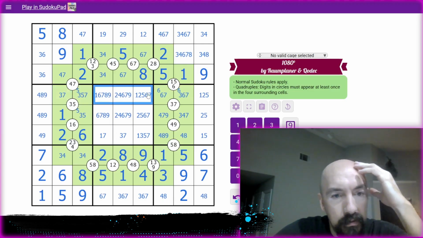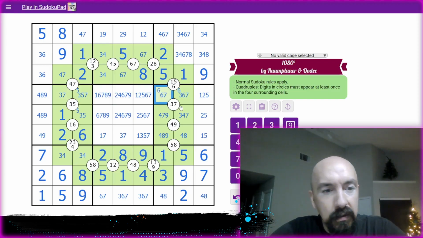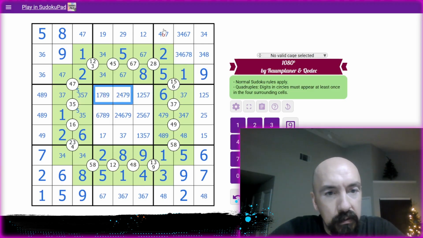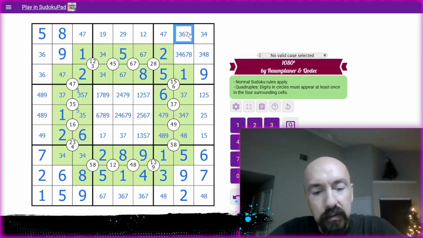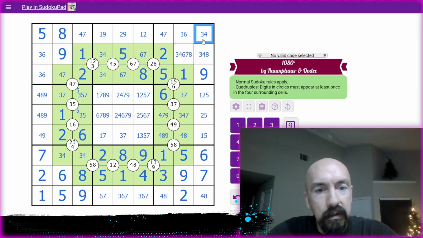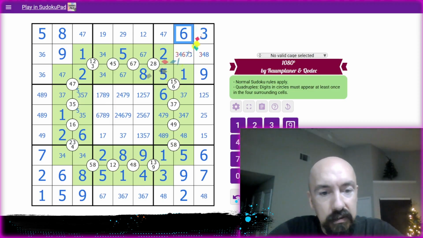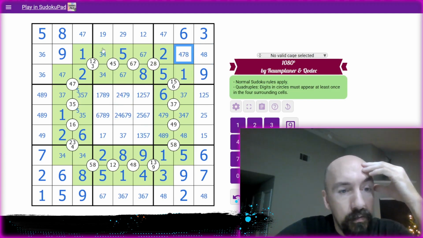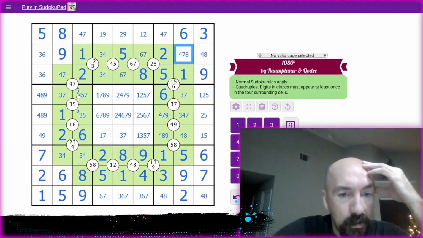Sevens have to go there. Okay, so this is going to be a 6. Okay. 6s are gone. 6s a 4, 7 pair. I can delete the 4, 7 there. And then this, so that's going to be a 3 and a 6. Okay, so that's a 4, 8 pair. 4, 7, 8. Okay, so then we have